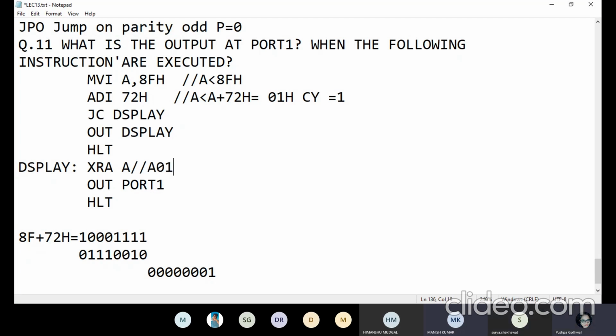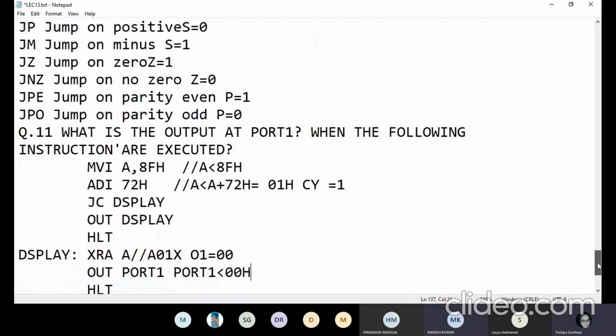So 01 XOR 01, what is the answer? 00. If you are XORing, definitely you get 00. So at port 1 you are getting 00.